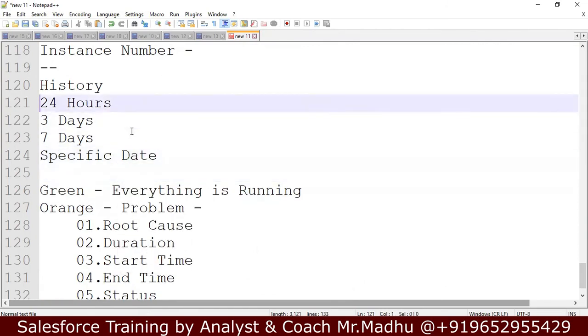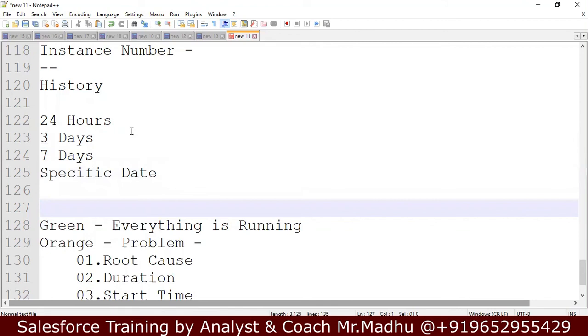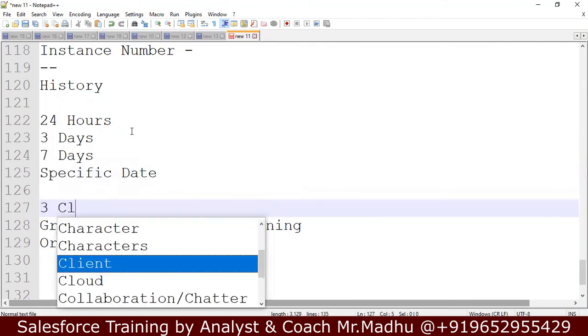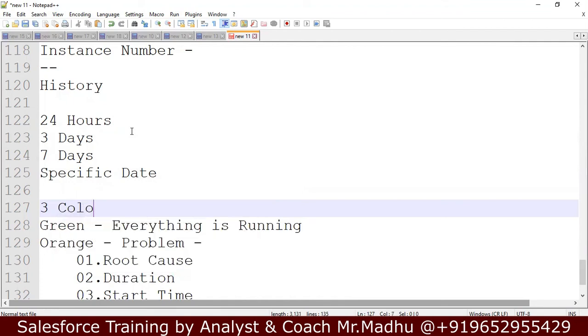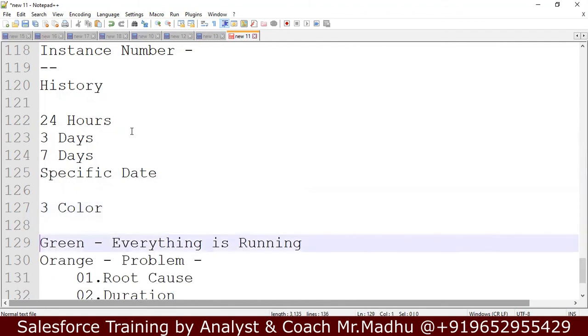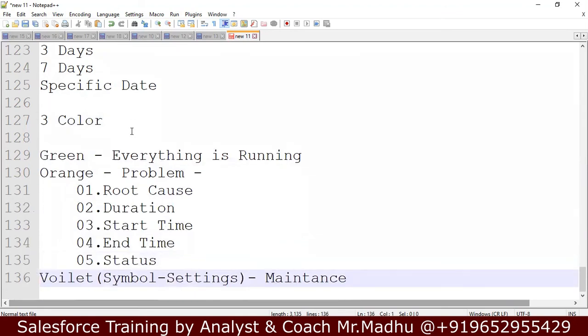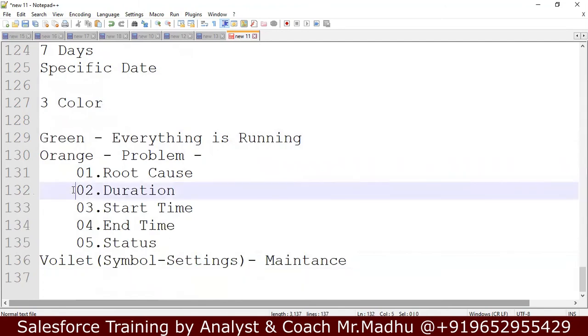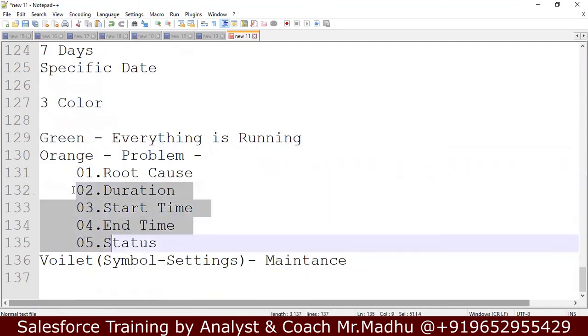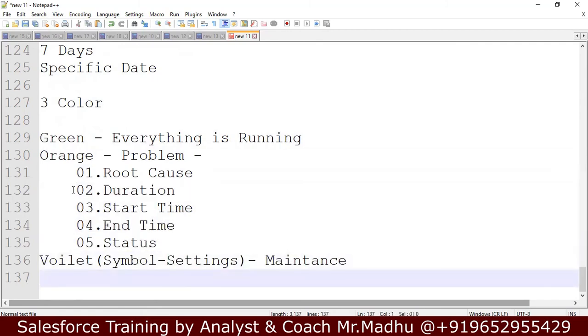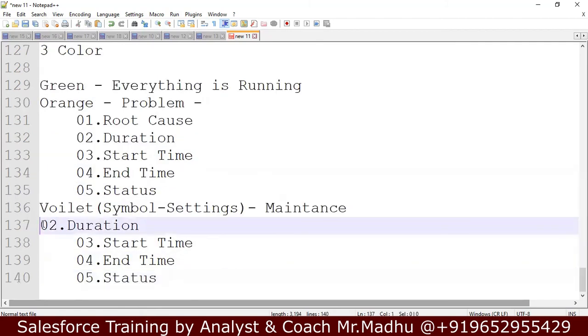These options are available in the history, and these three colors: if everything is fine, it shows green color. If there is any problem with the service, it shows orange color. And we can see root cause, duration, start time, end time, status. If it is violet color, here also we can see duration, start time, end time, and status. We can see duration, for how long this is not available, how long this maintenance work goes on.